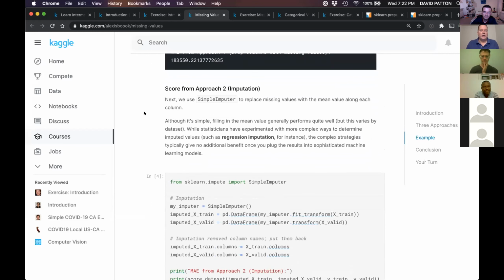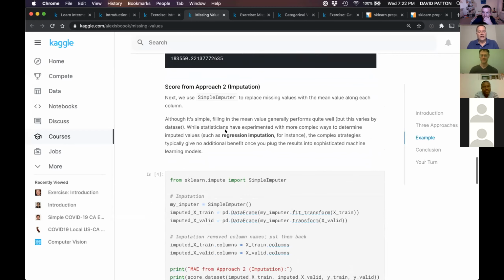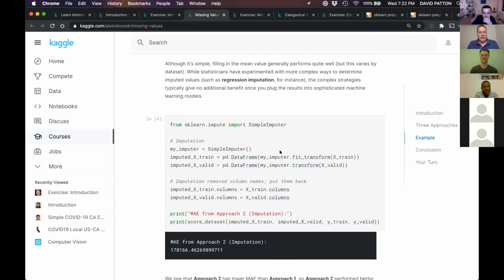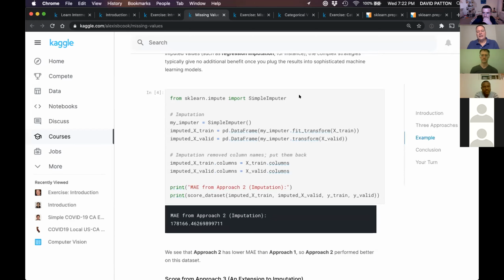But let's take approach 2, which, if you recall, was imputation by putting the mean value in place of the null values. We're going to do this anywhere we've got these missing values. We're going to use SimpleImputer, which is a library from sklearn. It finds the columns and rows where values are missing and fills them in.